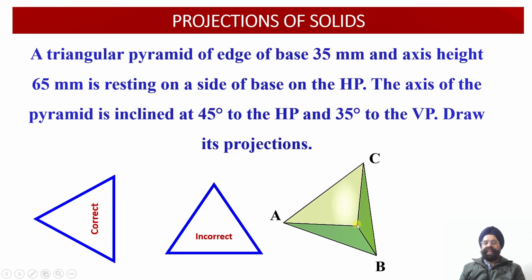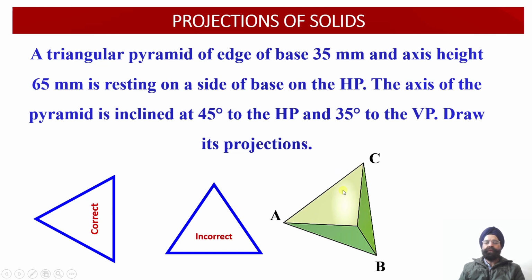As we incline the axis of this triangular pyramid at an angle of 45 degree with respect to the horizontal plane, this triangular pyramid will be resting in the horizontal plane on one of its sides over here, which happens to be BC. So this way we have to start with the construction of the orthographic projections of this particular triangular